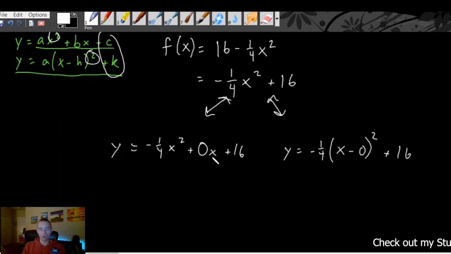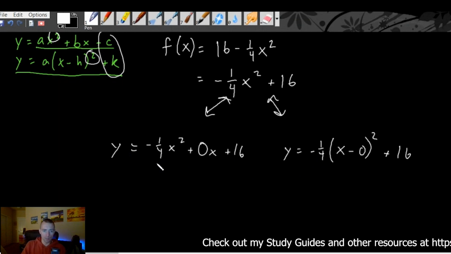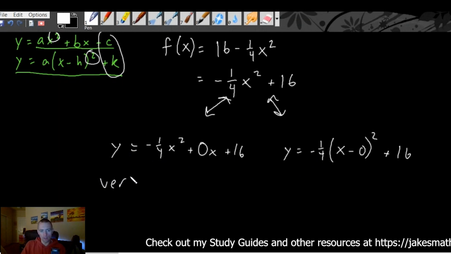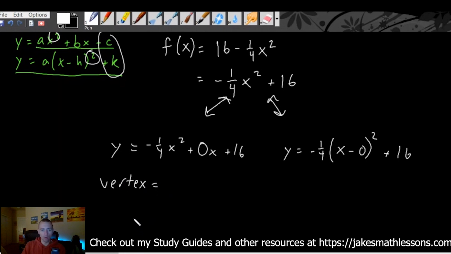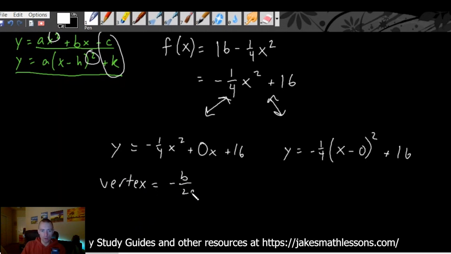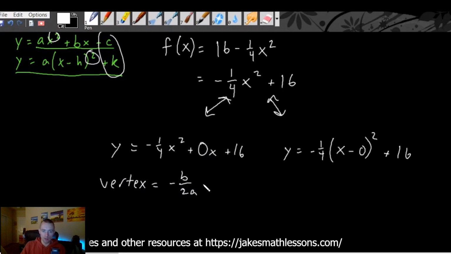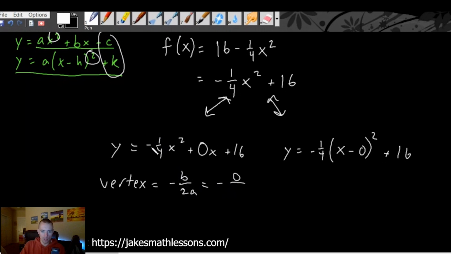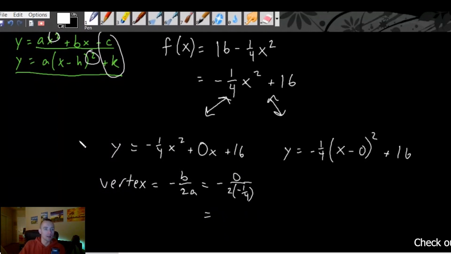So let me quickly talk about both of these forms. If we get it into this standard form, ax squared plus bx plus c, we can find our vertex simply by saying it's always going to be negative b over 2a. So in this case, b is 0, so negative 0 over 2 times -1/4. And if we simplify this, 0 divided by any number is 0. So the x coordinate of our vertex